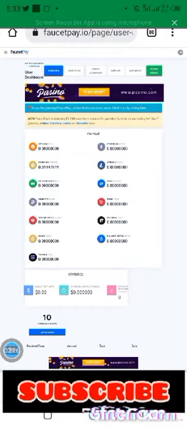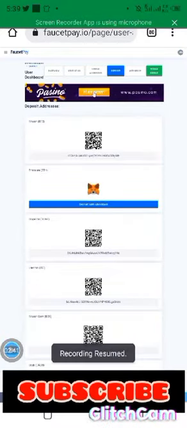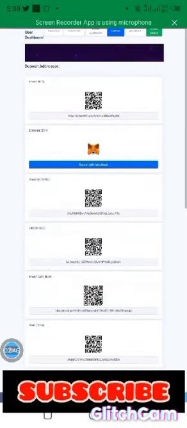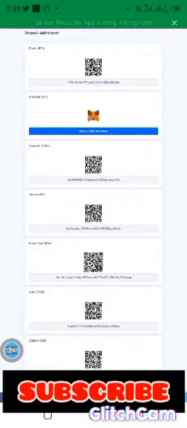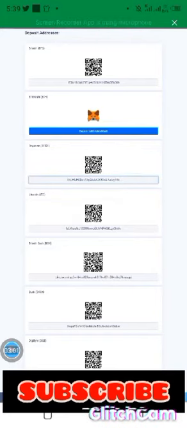Click on deposit. After clicking on deposit, this is where it will bring you. This is the page that will open up. Since we want to claim Doge, we have to go to Doge. Here under Doge there is a wallet. You will have to long press on it and copy the address, and after that we'll go back to